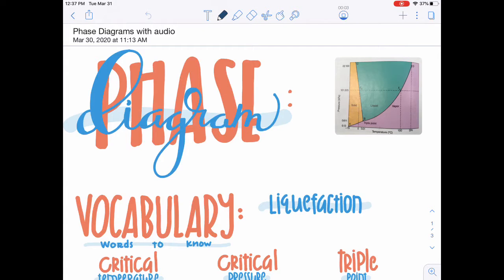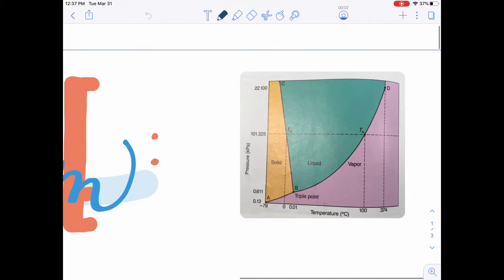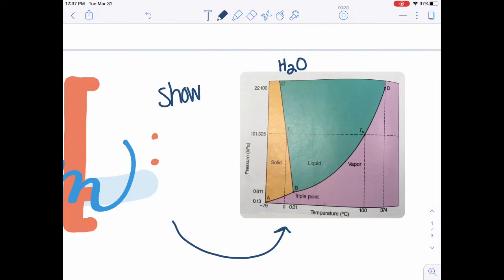A phase diagram, like this one pictured here, is a diagram that shows how the states of matter in a system are affected by changes in temperature and pressure. This phase diagram is for water, and again, a phase diagram shows